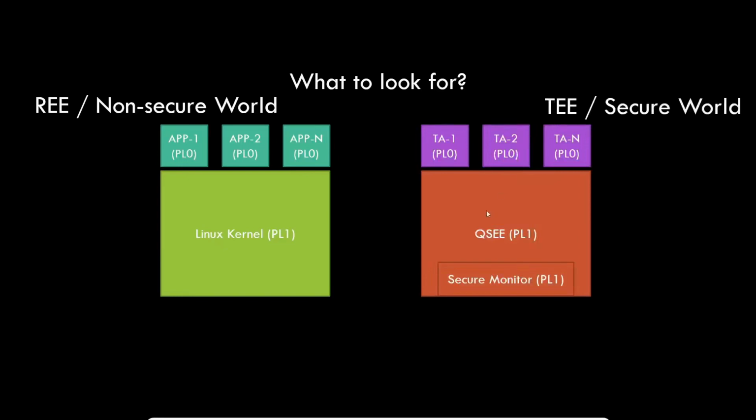On the other side, when the CPU is executing in secure world, you have a similar separation of privilege here. You have PL1, where both the secure monitor and QSEE run. So this is the privilege that you have for QSEE and the secure monitor, and you also have an equivalent user space for trusted applications. So it's pretty simple, a pretty classical, typical separation based on the TrustZone TEE. And in general, the way of switching the execution of one CPU, actually one core of the CPU, because the switching is done per core, is issuing an SMC instruction on the kernel side.